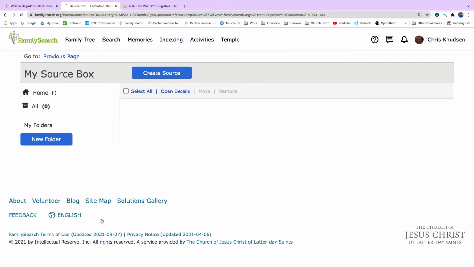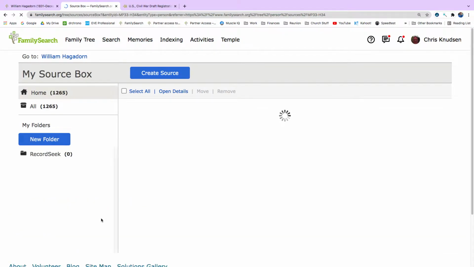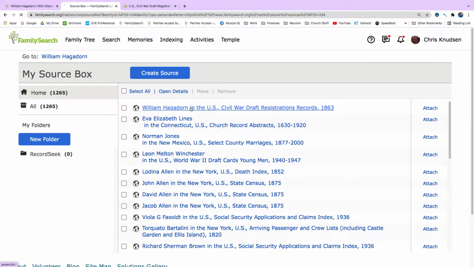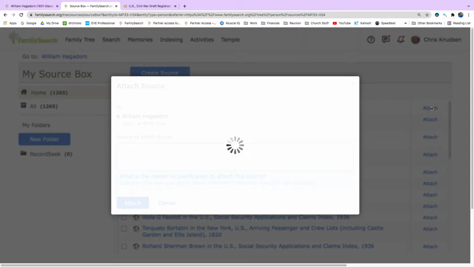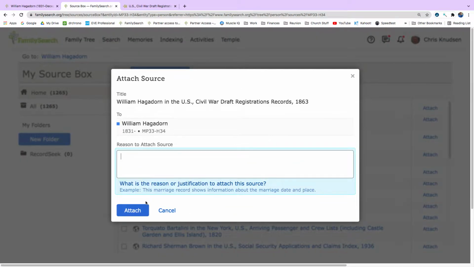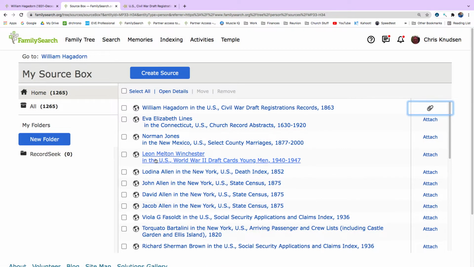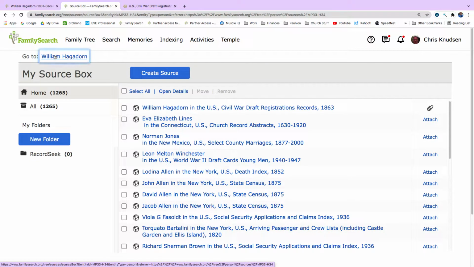So here we have William Hagedorn and the U.S. Civil War Draft Registration Records, and I'm going to attach this to William. And it's going to ask for a reason. I'm not putting a reason because it's obvious that it's him. And then I go back to William's record,